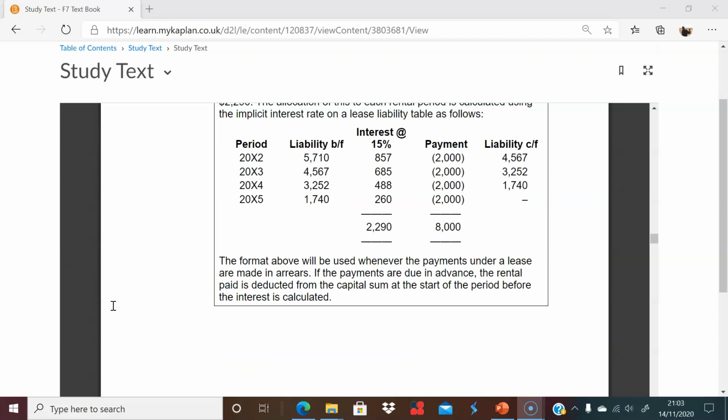I mean, just to give you one final way of thinking about this as well, it's like saying, listen, I intend on paying 2 grand. So of course we would like to write 2 grand there, but you have this interest of 685 that interrupts and sort of affects what it is you're really paying. Imagine you were just paying 2 grand during the year, because sometimes if you're paying 2 grand at the beginning of the year and this interest will accrue at the end, well, then that 2 grand is what you're going to pay for the year, and that will be your current liability, because that's what you're going to